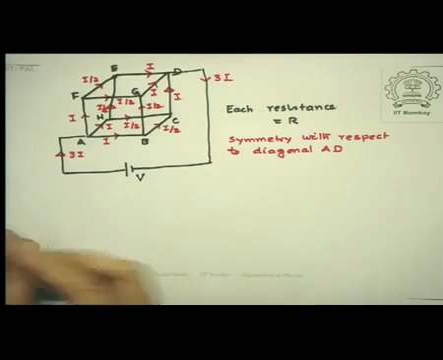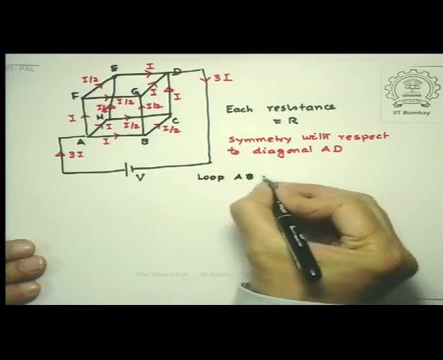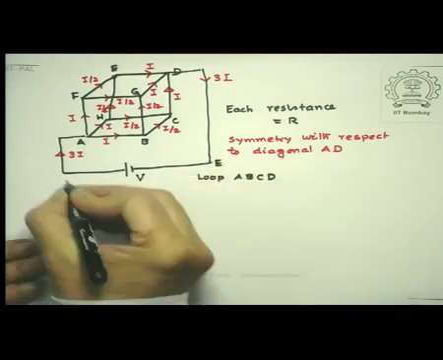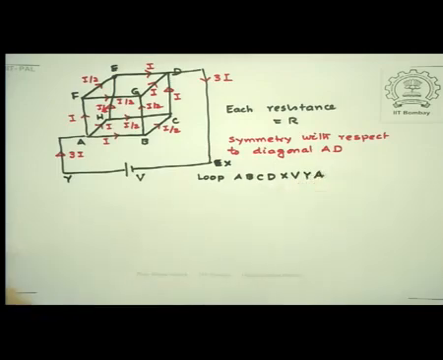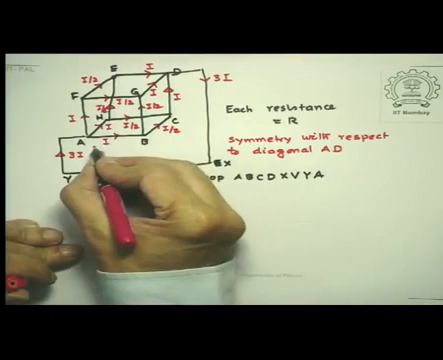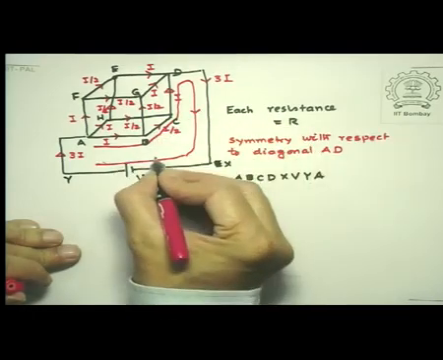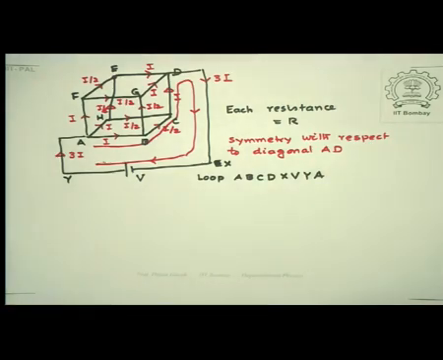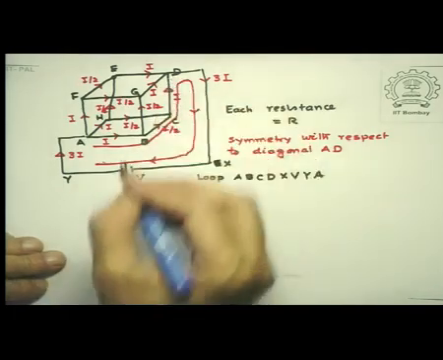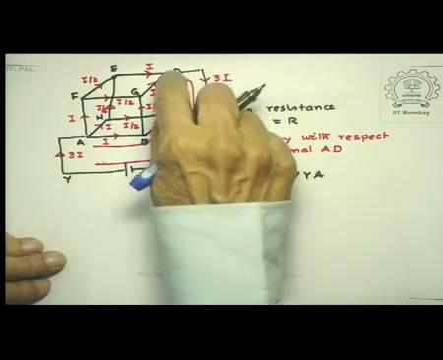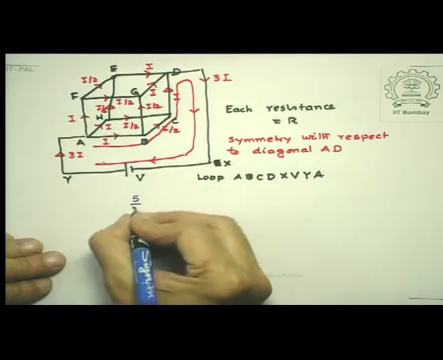So let's look at now this loop A, B, C, D, let's call this E, X, V and Y and A. So this is basically this outside loop. So look at what do I get out of this. So I get minus IR, minus I by 2 R, another IR. So therefore total is minus 5 by 2 IR and then of course plus V. So therefore what I get is 5 by 2 IR